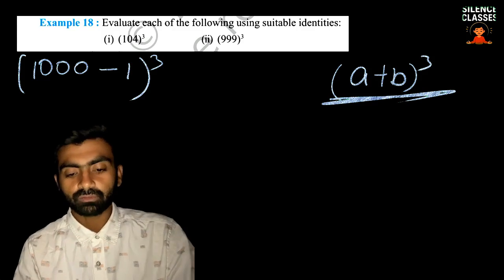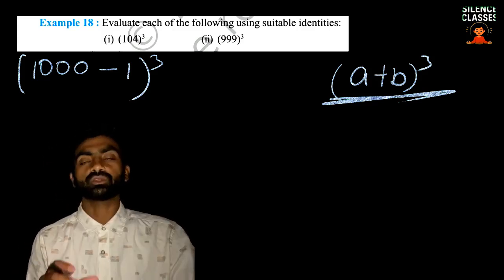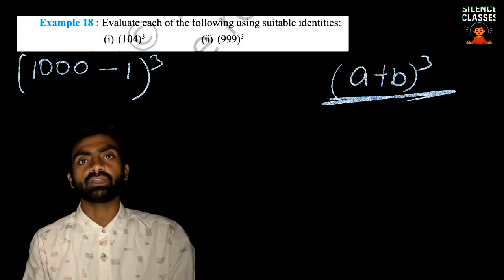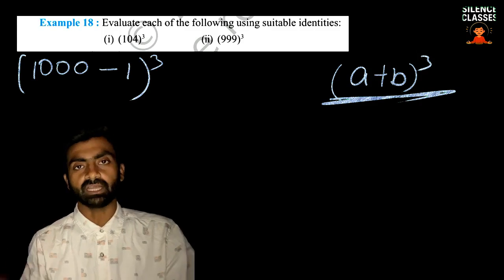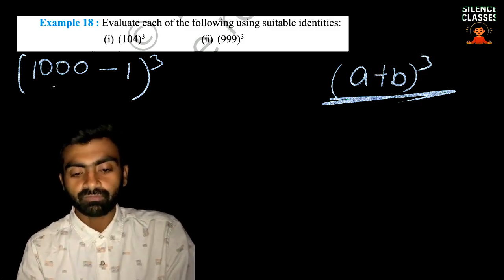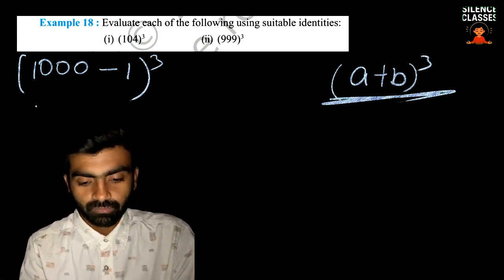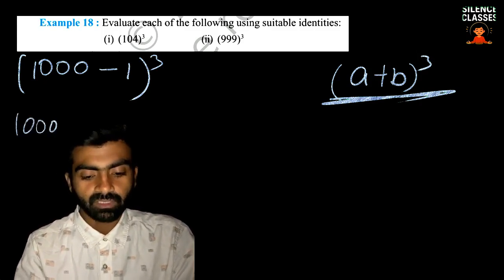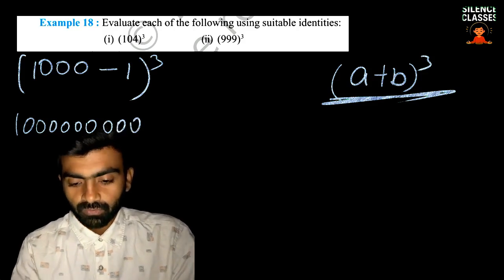We can also write it as 900 plus 99, and that can also solve it, but the question will become very complicated because you have to find the cube root of 900 and the cube root of 99. Over here we can easily find the cube root of 1000. So 1000, 3 and again 3 zeros. So a cube,